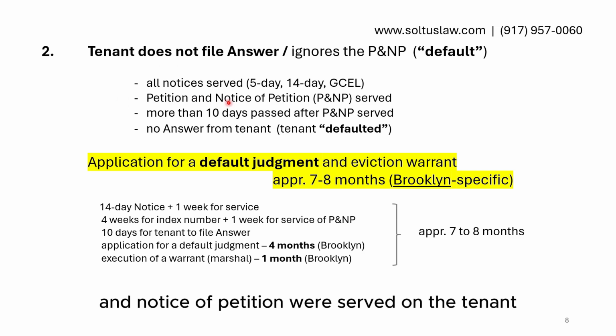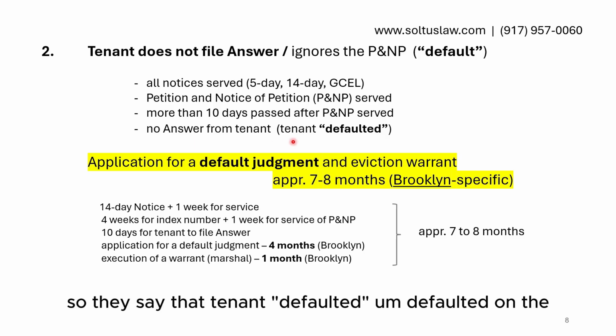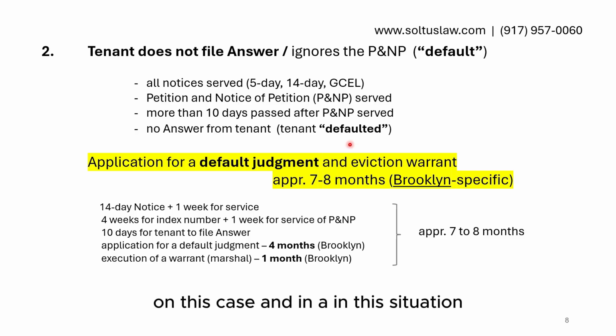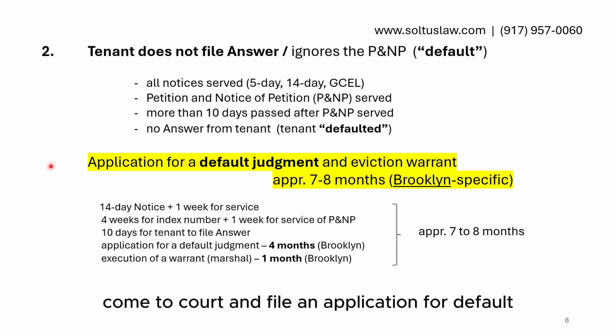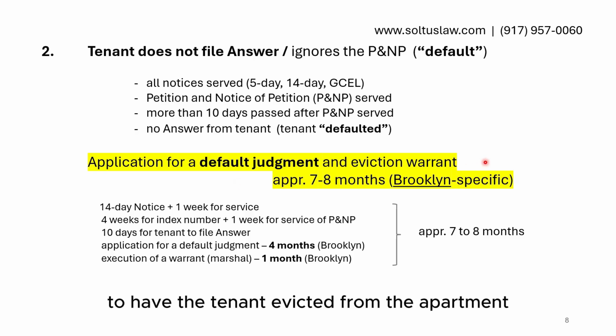Then the petition and notice of petition were served on the tenant. Then more than 10 days pass, but the tenant does not come to court and does not file an answer. So they say that the tenant defaulted on this case. In this situation, the landlord has to come to court and file an application for default judgment